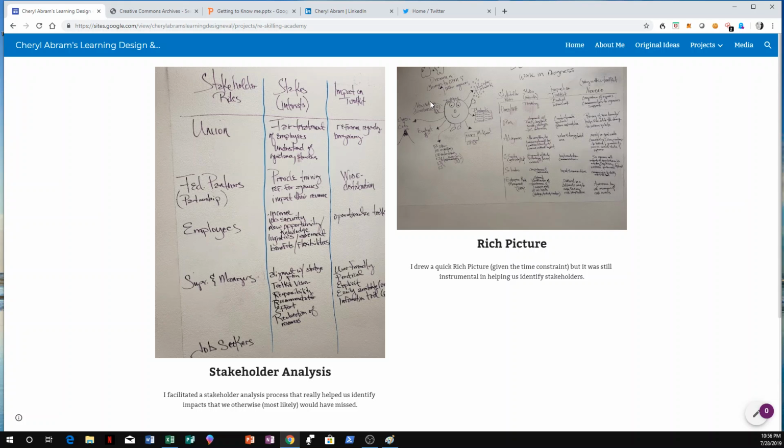And you can see here, this is a very simple rich picture that we did. And what a rich pic does, it helps you to see the situation. It's like a situation analysis. What kind of situation is this curriculum, this handbook, coming into? What's going on right now, right? How is it going to fit, and where is it going to fit into the system that's already running right now? So it was a simple rich pic, and from a rich pic, you go on to do a stakeholder